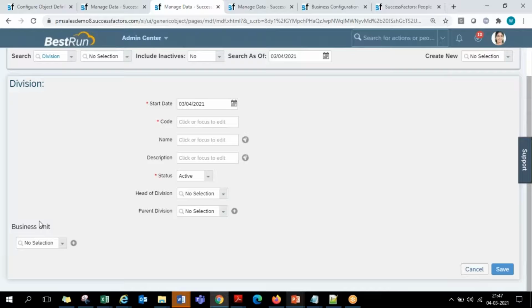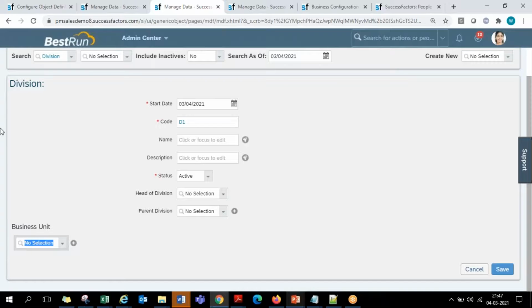For that linking that I am doing, internally the system is generating one ID, guys. Every division has one code, every business unit has one code. For example, division code is D1 and business unit code is B1. So this D1 division connecting to business unit B1, internally there will be one combination reference number generated in the system, which will not appear on the front end. Similarly, D2 division is connected to some B2 business unit. For that combination also one reference number will be generated at the back end.